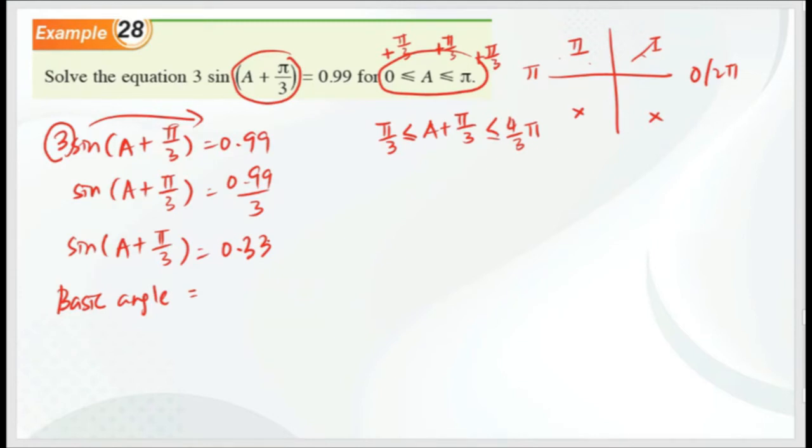19.26 degrees, right? Then you don't round off your angles. You straightforward press your calculator, answer, multiply. Okay, how to change the angles